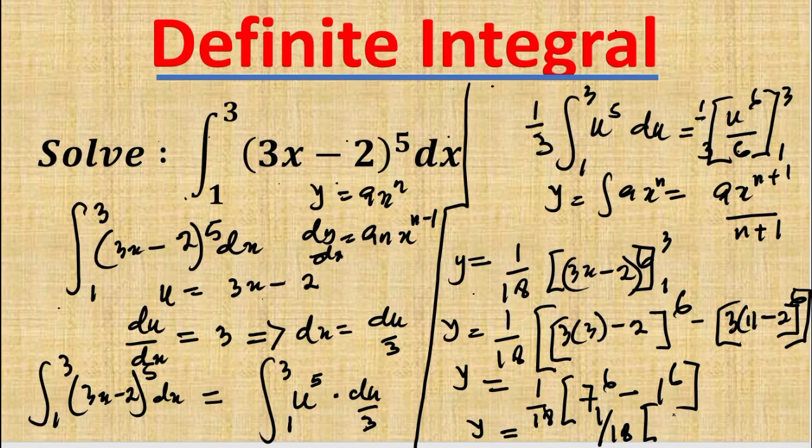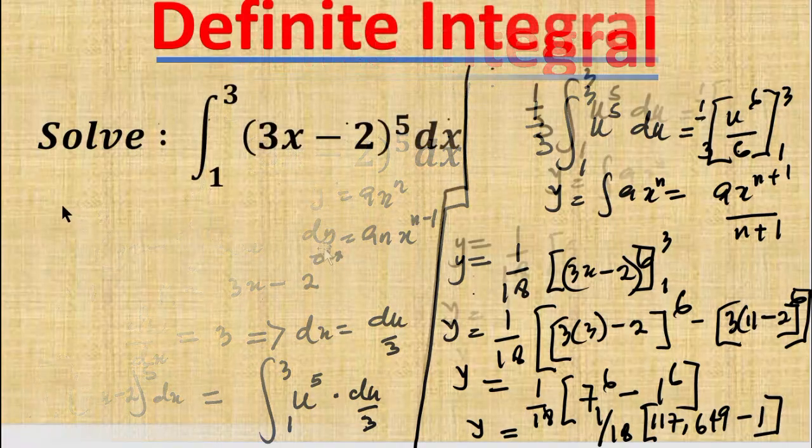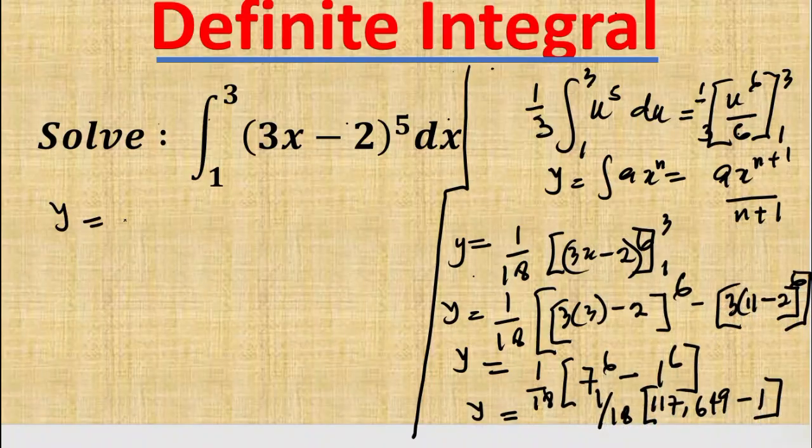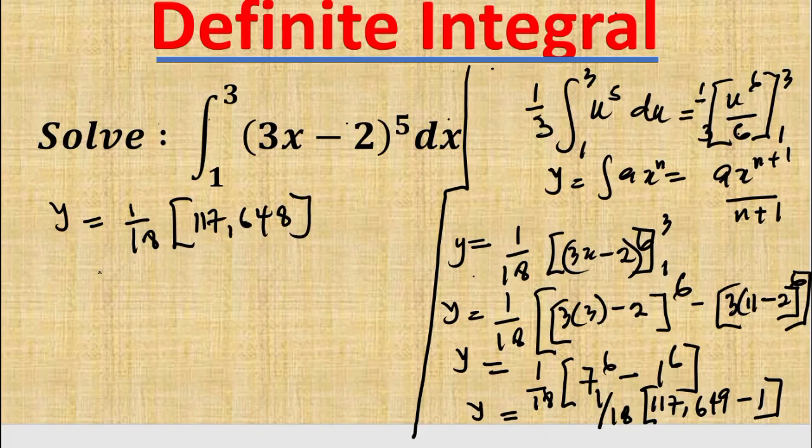7 raised to power 6 from my calculator is the same thing as 117,649, and 1 raised to power 6 obviously is 1, minus 1. Now let's create more space so that my y now is the same thing as 1 all over 18 into 117,649 minus 1, that's 117,648. Now times 1 over 18, obviously y is the same thing as